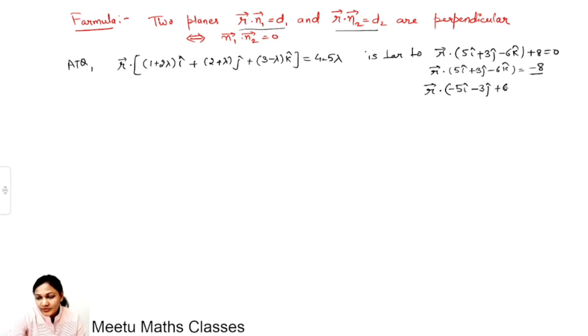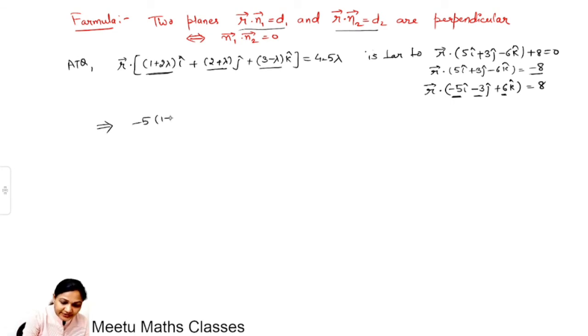So the direction ratios of the normal are minus 5, minus 3 and 6, and the direction ratios of the normal to the other plane are 1 plus 2 lambda, 2 plus lambda and 3 minus lambda. So since the two planes are perpendicular, the multiplication of their direction ratios